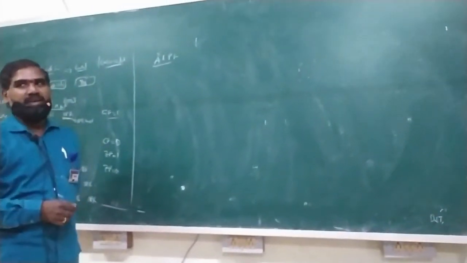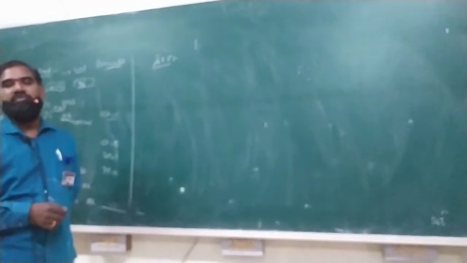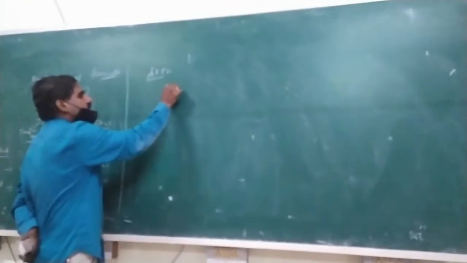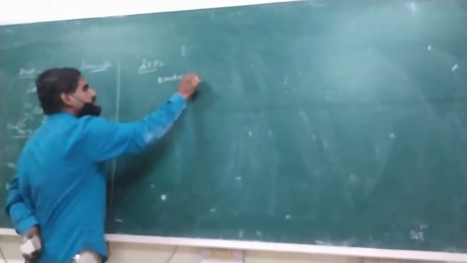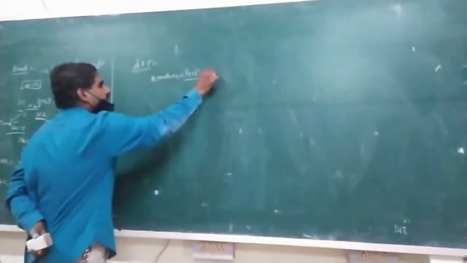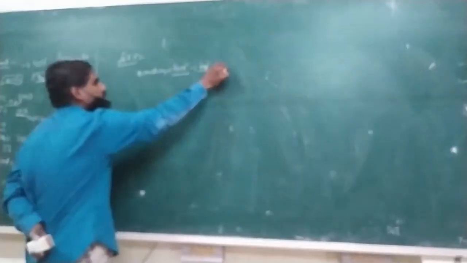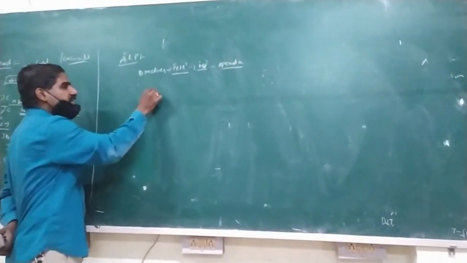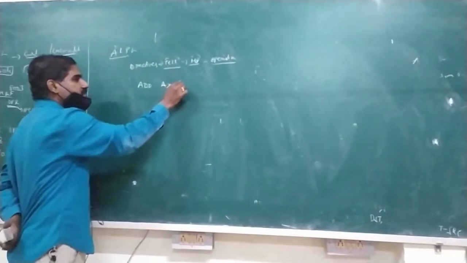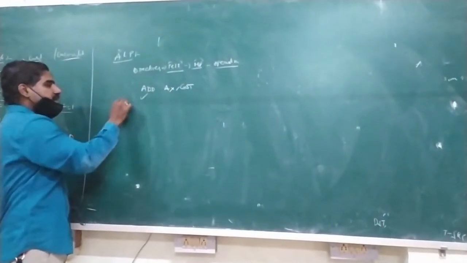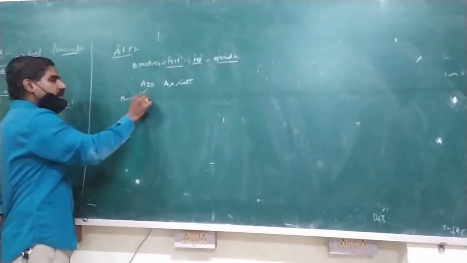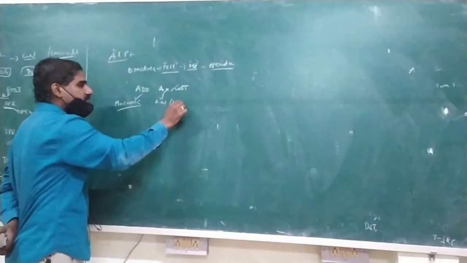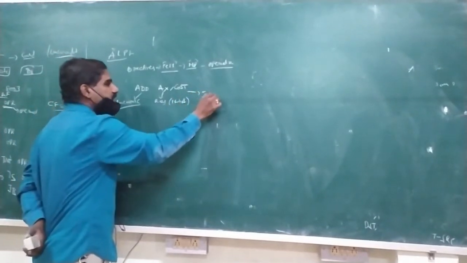In this program, mainly in the ALP format, we are using directives. A directive is used to tell the microprocessor where the operation is to be performed. In this we are using a simple command known as ADD AX, cost. ADD is the mnemonic, nothing but the opcode. AX is a register, a 16-bit register. Cost is nothing but an identifier.